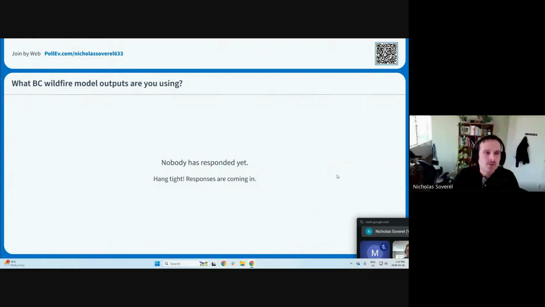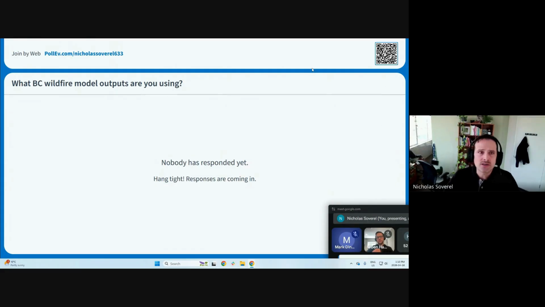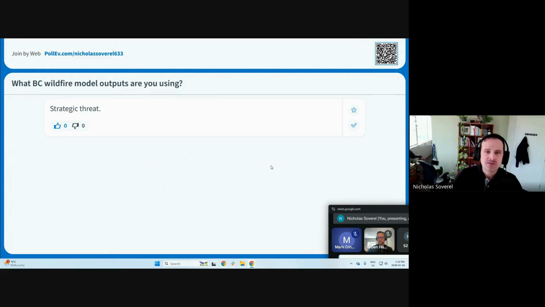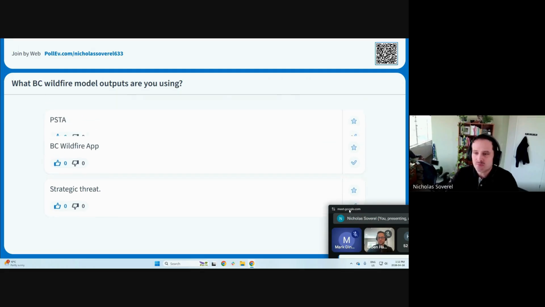BC's wildfire model history. So now we're back to poll everywhere. I know some people came in later. I would encourage you folks that came in later to please sign up for poll everywhere. So I believe you can use the QR at the top right, use your phone, QR in, and it should prompt you to a name. And then at that point, you should be able to provide responses, although we're not getting any responses. Oh, you got a response. Amazing. Keep them coming.